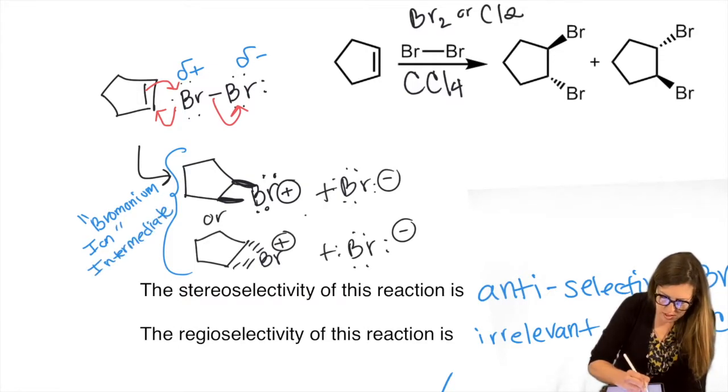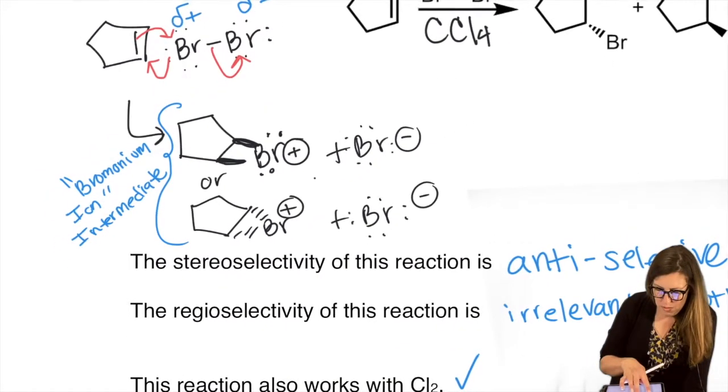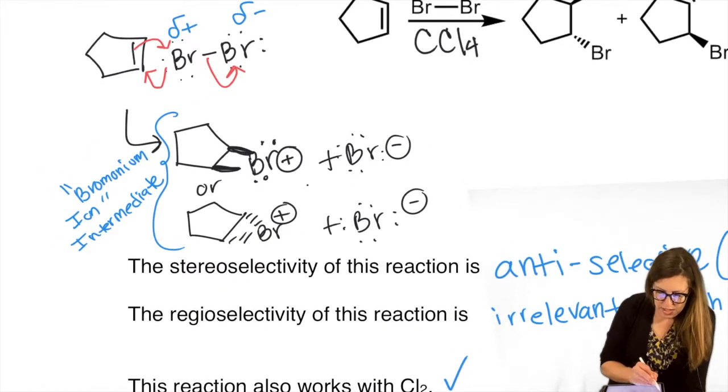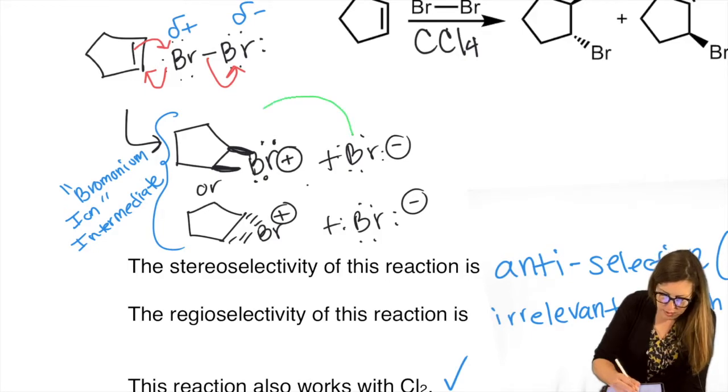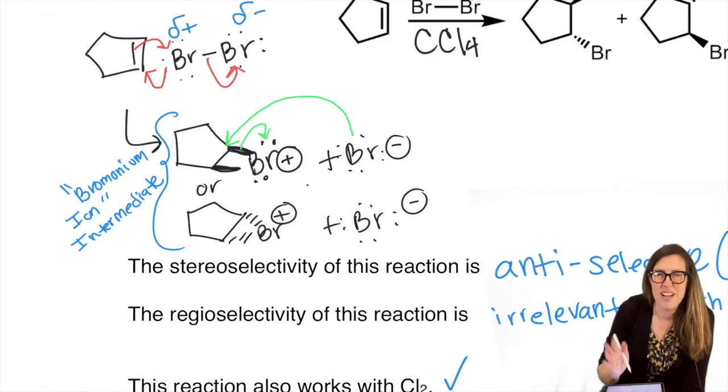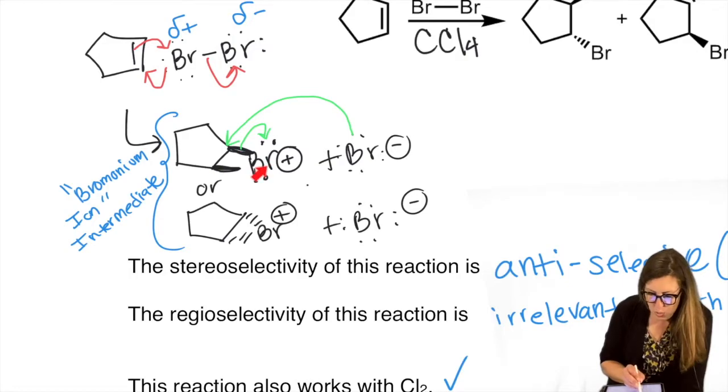So we don't isolate this. It's an intermediate. It's not particularly stable. It's very reactive because that's a strained ring and it's a positively charged bromine. It's ready to open back up. In doing so, it will give bromine those electrons it wants back. So what could we do here? We could attack, I'm going to do this color-coded, from the top. That carbon, if we attack that carbon, we can let bromine have its electrons back. That's better. Which means if this is the leaving group, now it only has one bond and it's to this one down here.